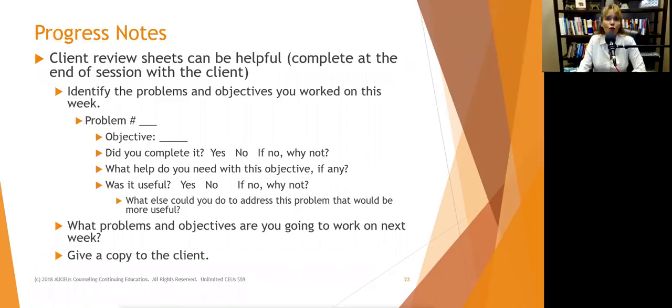And then ask the client, what problems and objectives are you going to work on over the next week? By having them tell you and having it come out of their mouth, it reinforces it in their mind, so it's easier for them to remember over the next week. I am going to do my mindfulness checks at every meal. I am going to go to my doctor's appointment, whatever it is. You'll jot that down, but they're reiterating it, and anything they forget, you can point out and put in. Then give them a copy of it. So this is their go-by guide. This is their plan for what they're going to do.